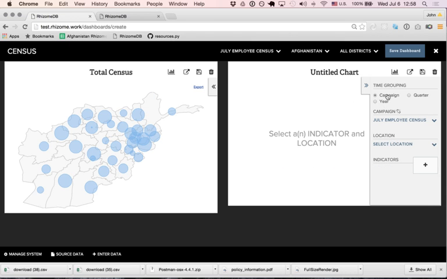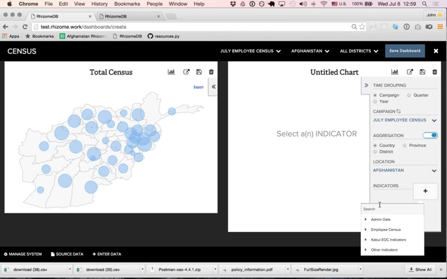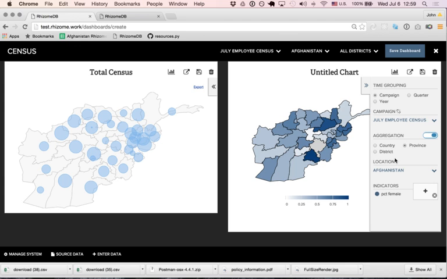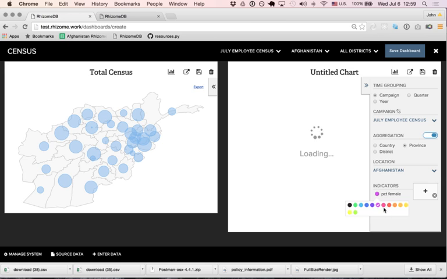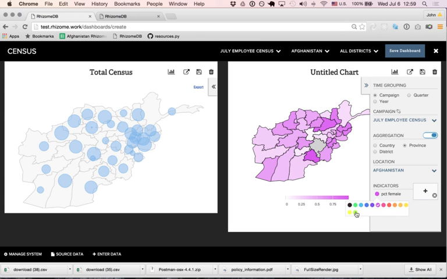Let's just do a map chart, because I know everyone likes maps. Start in Afghanistan, and we'll say, let's talk about female percent. This is going to be a nice chart for us to look at. There we go. And we can change this color to be a scale in pink. Green. There we go. So you have a pretty good idea as to